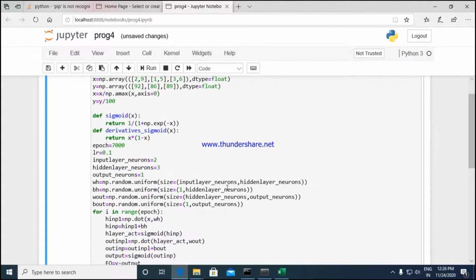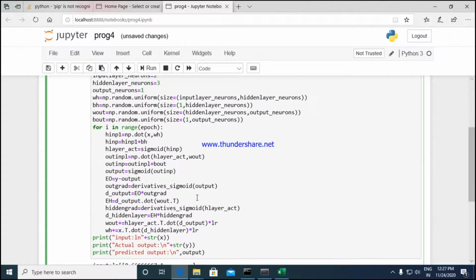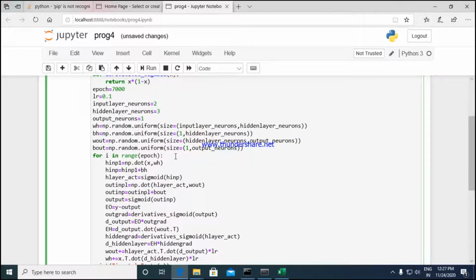For that, first we have to have the neural network with us. Here we are creating a neural network with two input neurons, which I have highlighted, and we have 3 hidden neurons and 1 output neuron. The entire process of the backpropagation algorithm can be summed up in 2 steps. The first step is the forward pass and the second step is the backward pass.